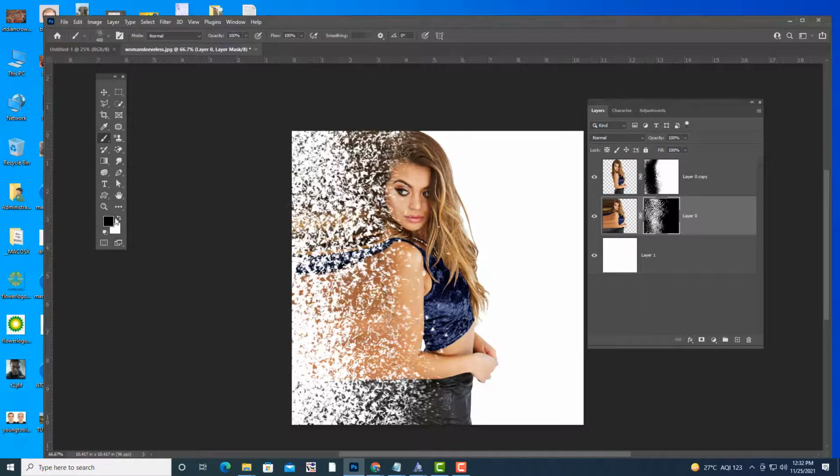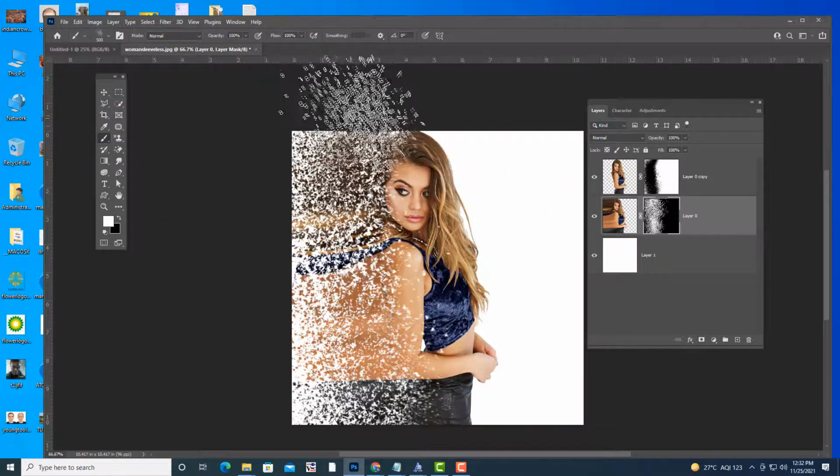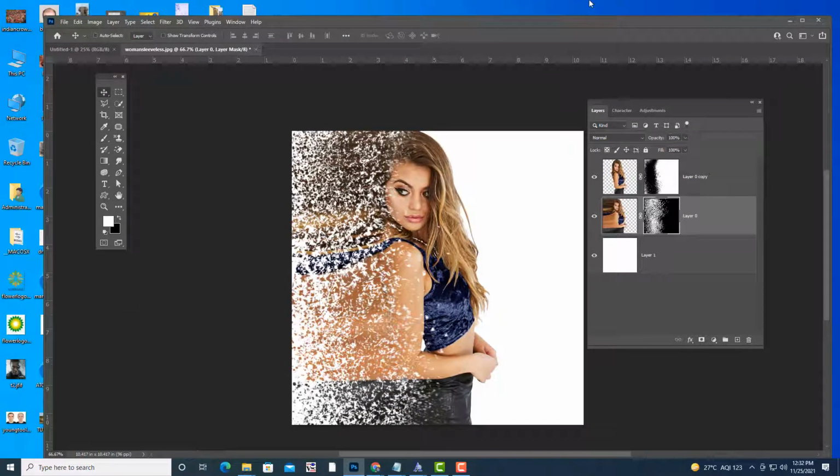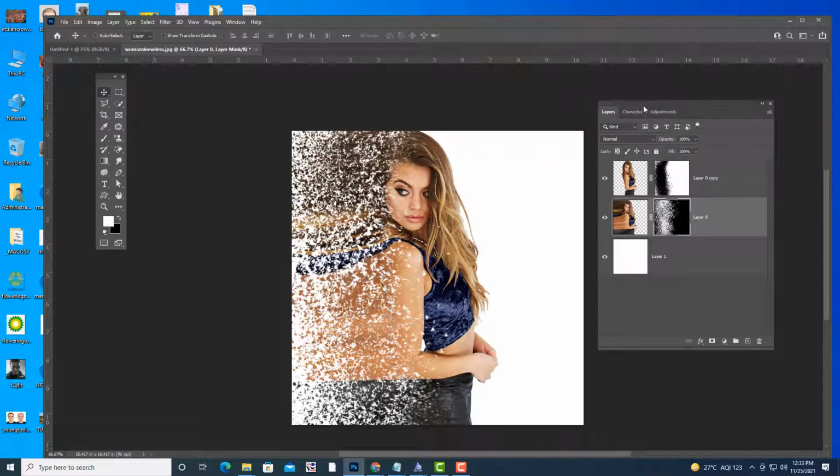You can increase and decrease the size of the brush, and you can create some combinations. Something like this you can create using a dispersion brush. So this is a dispersion effect.